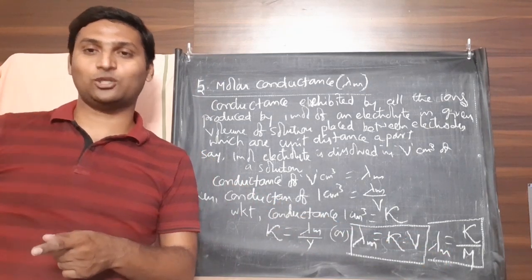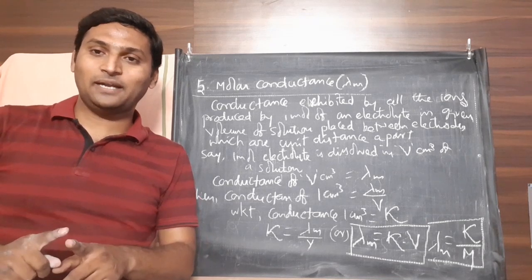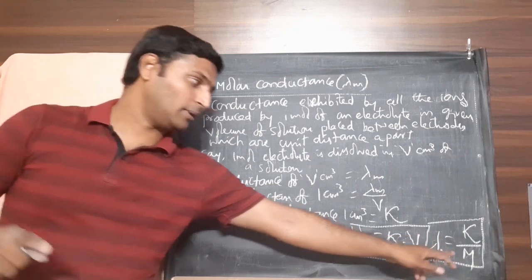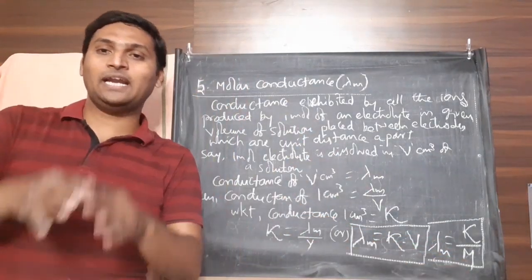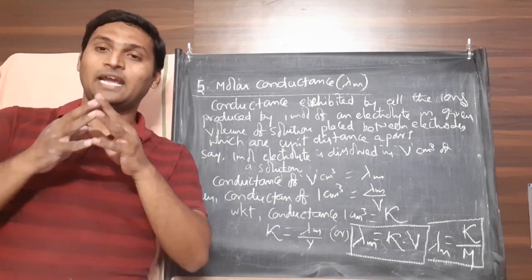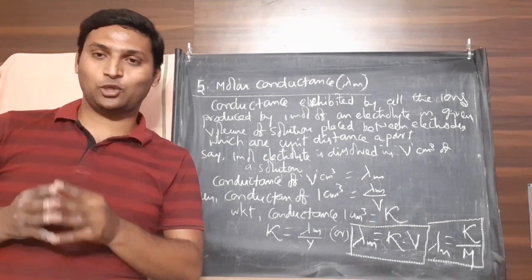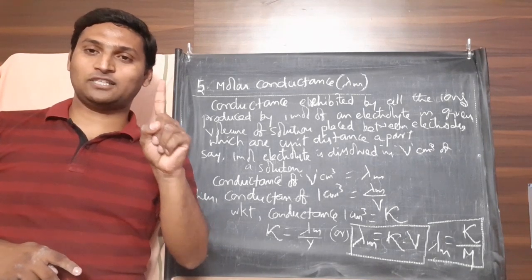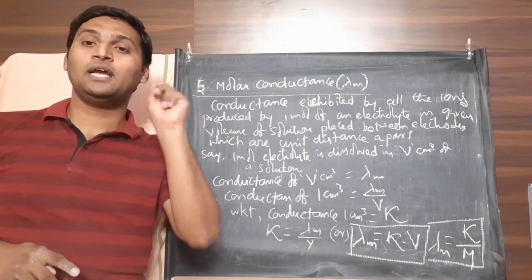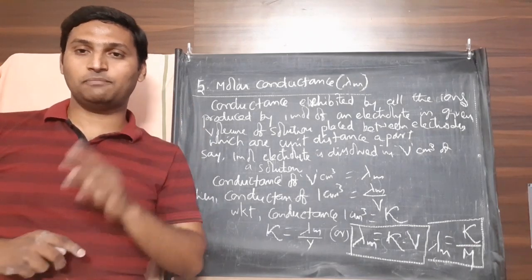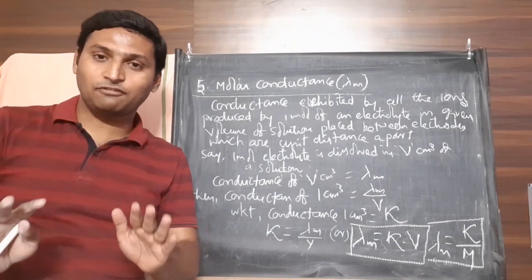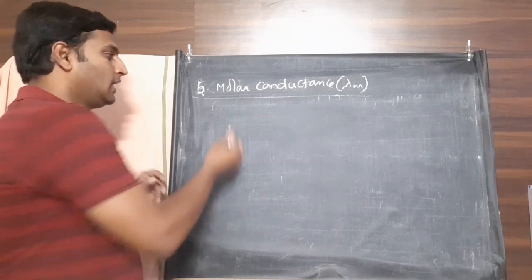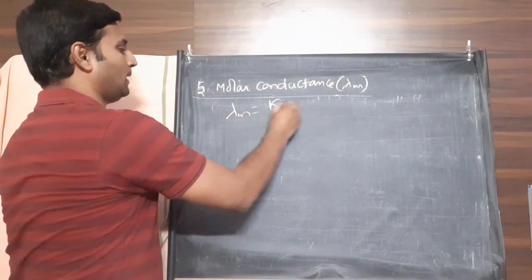Instead of every time when you are solving this problem trying to convert decimeter cube into meter cube or decimeter cube into centimeter cube, we will keep it converted right now, so that the value of molarity should be in centimeter cube or meter cube only. So we are going to derive two formulae for lambda m, one for CGS units in terms of centimeter cube, the other for SI units in terms of meter cube. Otherwise, the basic formula you need to remember is lambda m is equal to kappa by m.